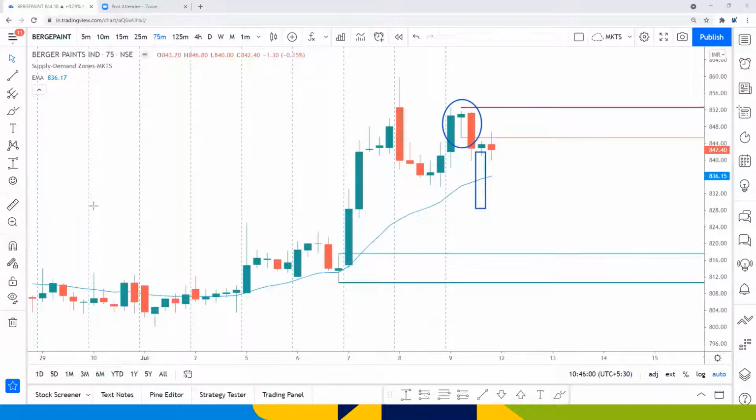It's missing. Second part, this supply did not have the strength to break even the opposing pivot. Did it manage to break this pivot low? No zone achievement. So that's what I said. You need to know your strategy and then trade. So first look at this stock. It does not fit my rules. I will not waste time on this. I will not waste time on Berger Paints.